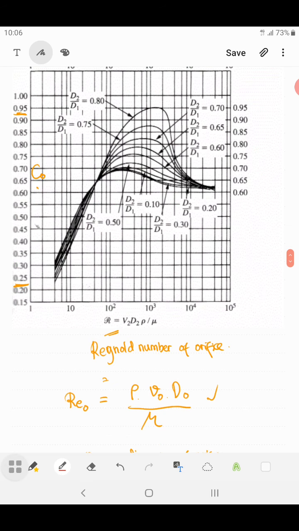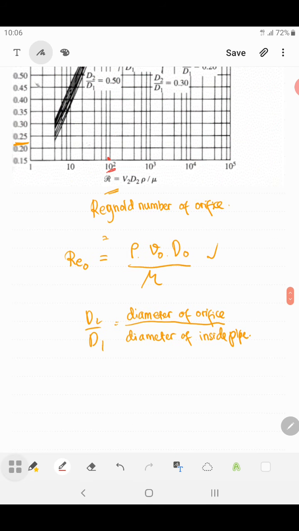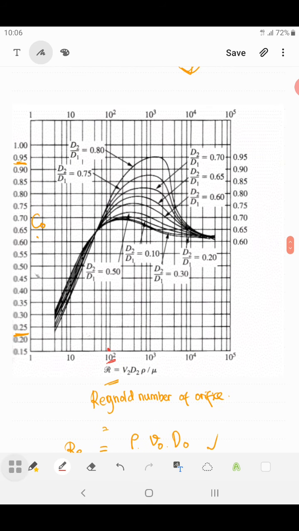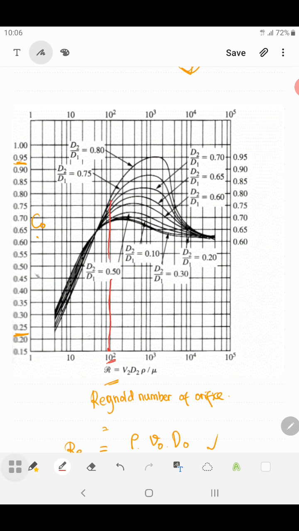So for example, the Reynolds number is 100. So at this point, and then once you calculate, the comparison between d2 over d1 is 0.75 maybe. So you just cross a line like this upward, and then once it touches the line of d2 over d1, 0.75, in this one, this one is the 0.75 line,